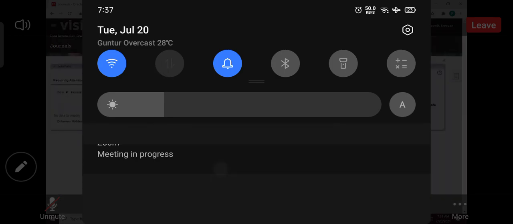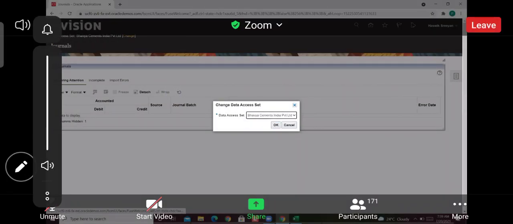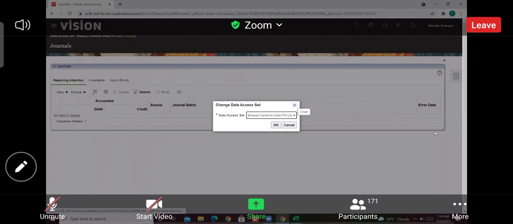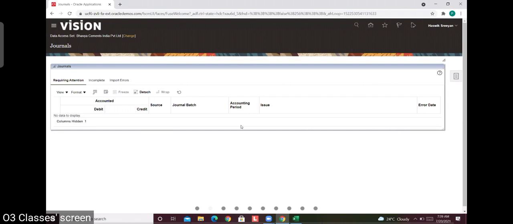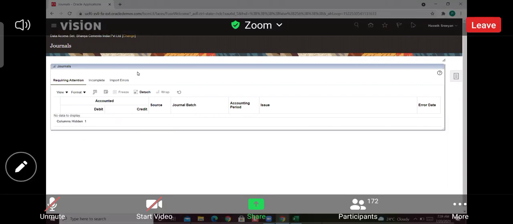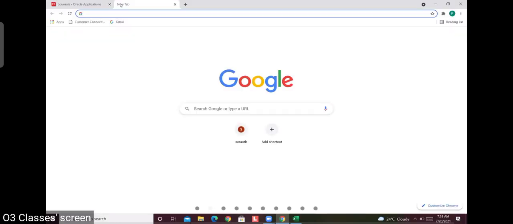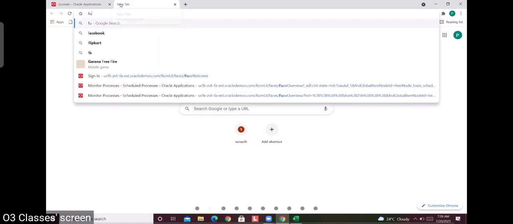Okay, right. See, note down, this is the dashboard. We can call this a dashboard, which gives the status to the users. EBS people, note down, this option is not available in EBS. This is a new concept.